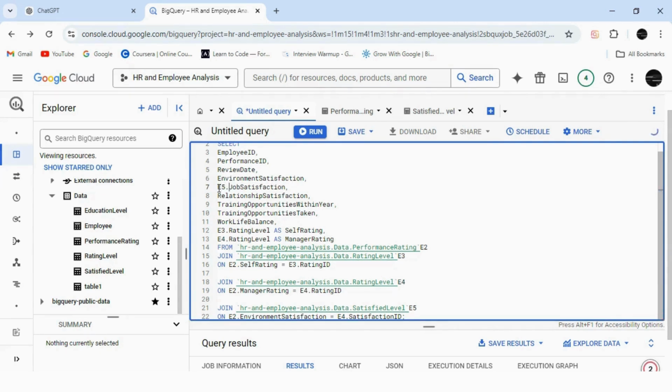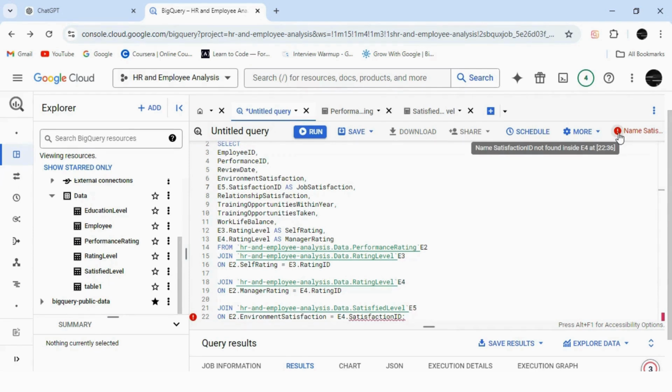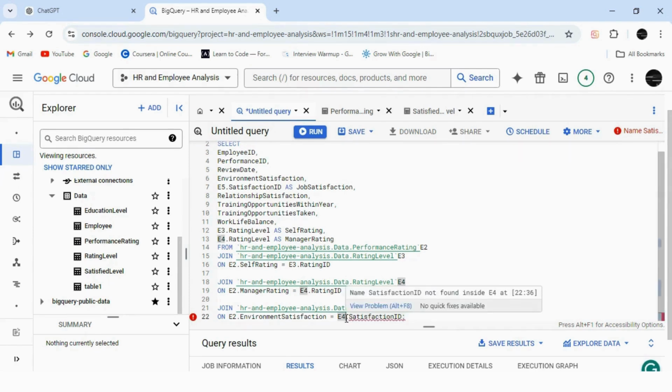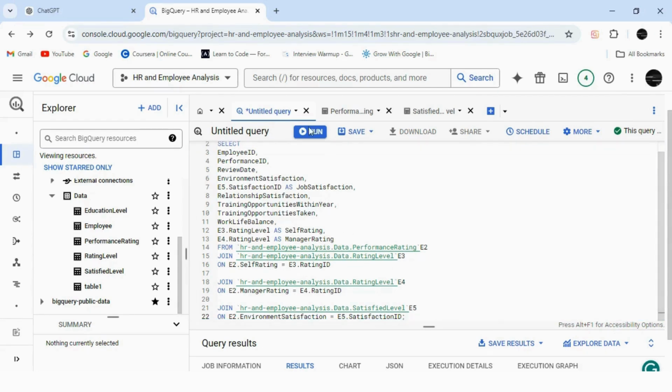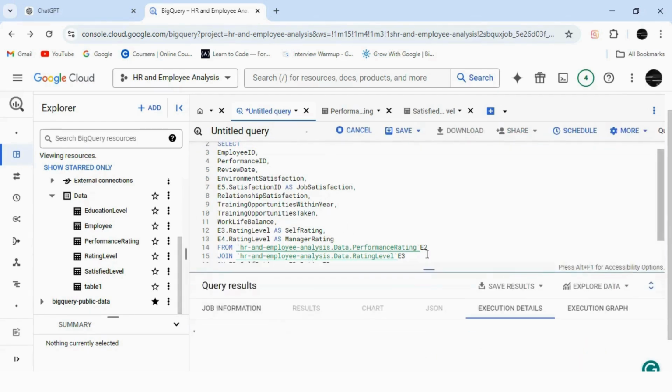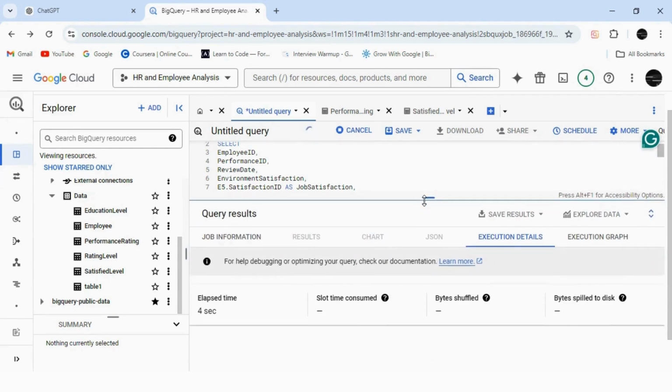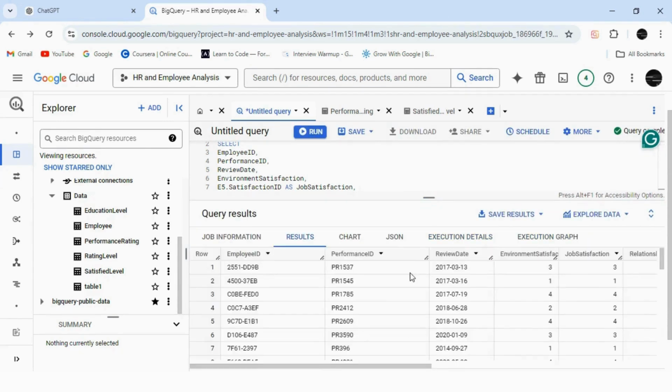This error can't be removed, you can see it a little bit later, but this time in our table of satisfy level I wanted satisfy ID and give it to be a job satisfaction. And now you can see the error in our join statement is that we are using E4, but basically we have to use E5 which is the satisfy level table. And now when we execute our query,